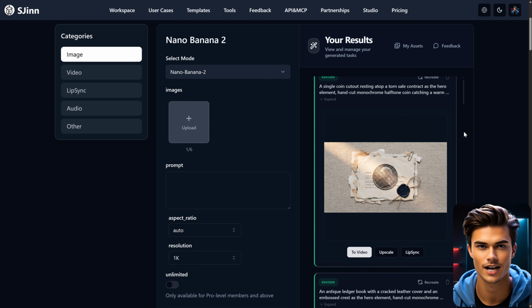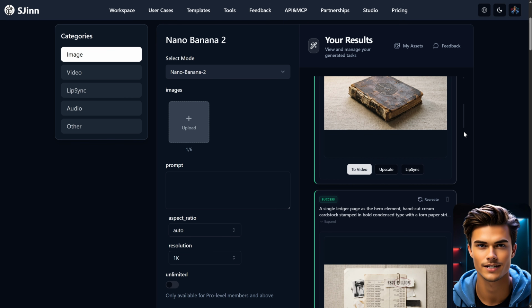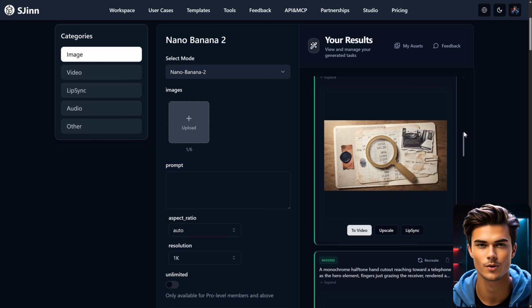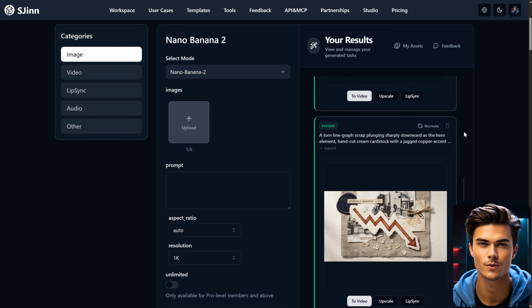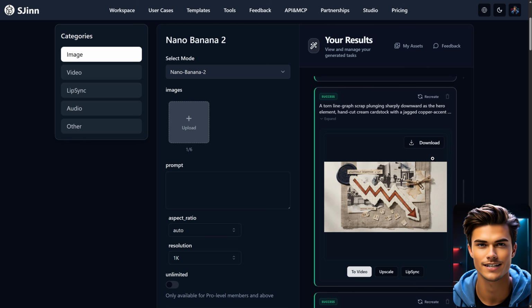And just to save some time, I have already done that, and as you can see, all of my images came out looking great, matching the VOX style while remaining consistent from the first scene all the way to the last. Now the last thing that you need to do is download all of the images that you have created,